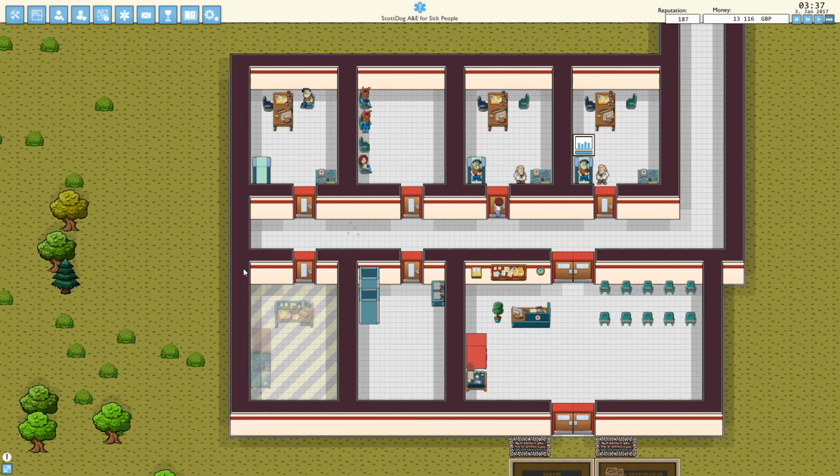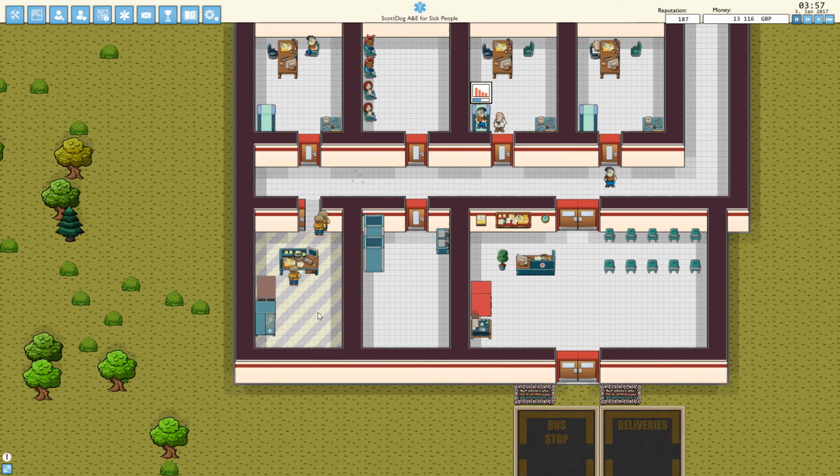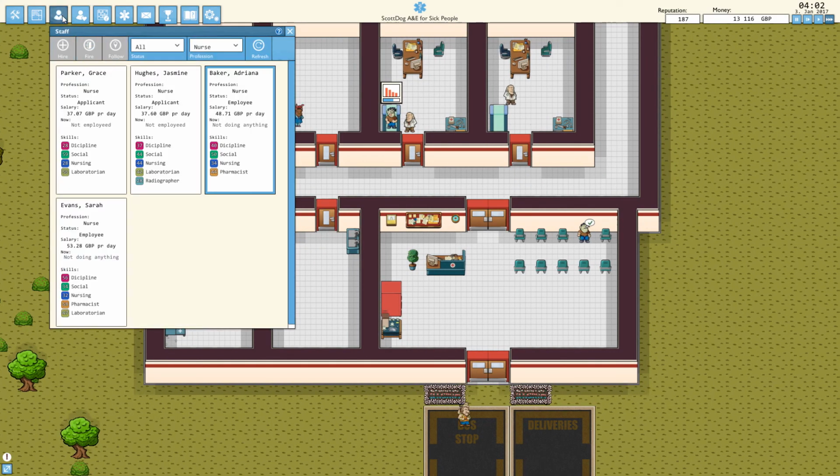There we go. So that should be enough to make this a pharmacy. Jesus, they walk through the walls. It really freaks me out a little bit. Okay, pharmacy. Beautiful. So if we look at our staff,